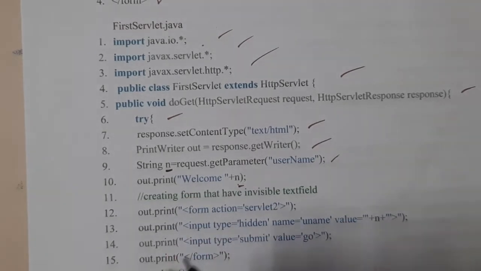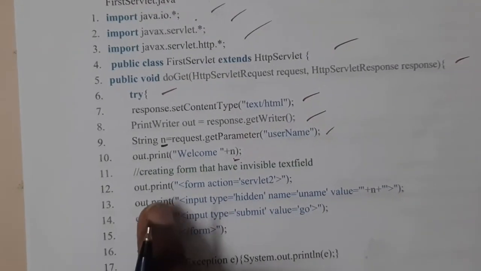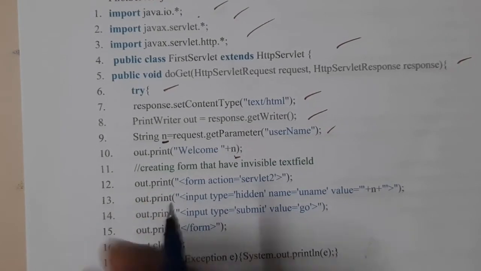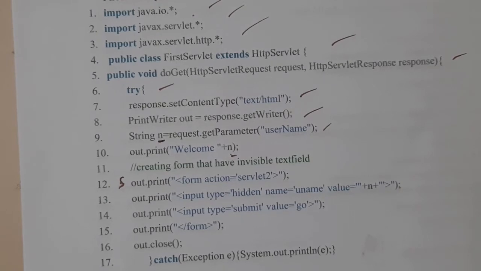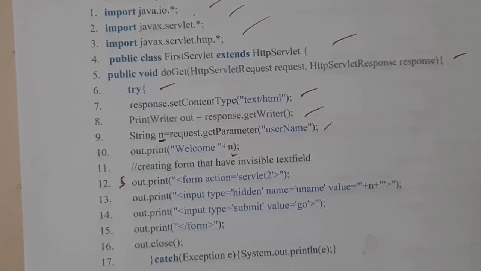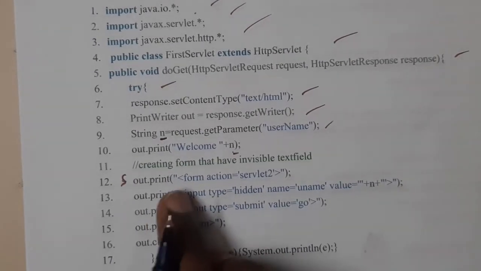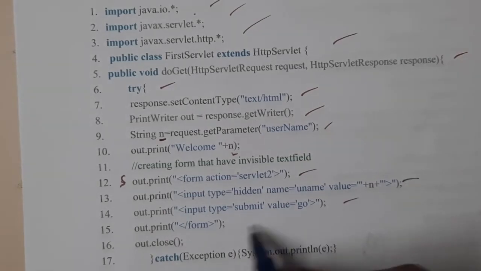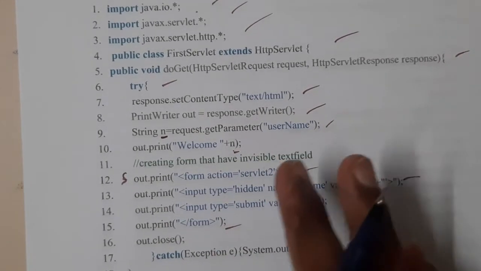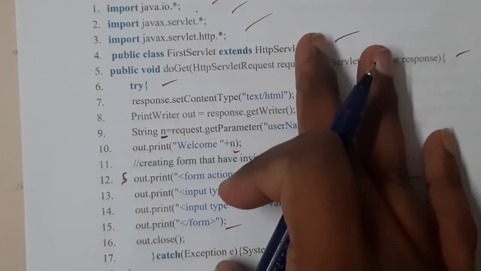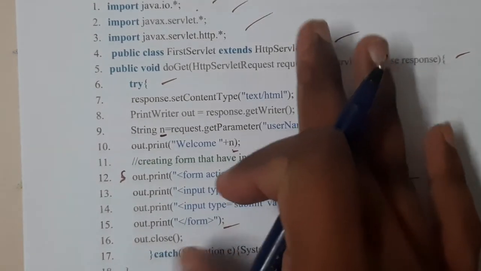In servlets we will be writing it inside print only. If possible write System.out.println instead of out.println. Both will work, but System.out.println will be clearer. Then you wrote a simple code and you printed the form. This is directly what you are printing. So when the user gave the input, you are printing it.